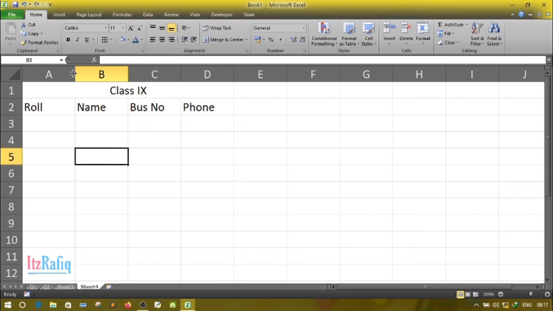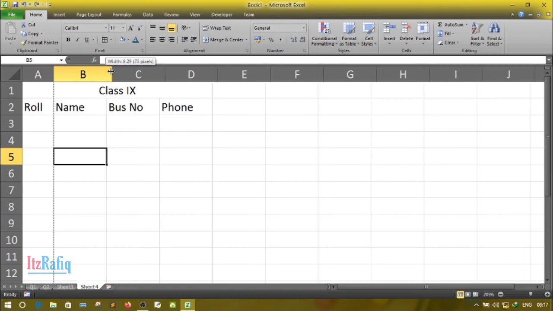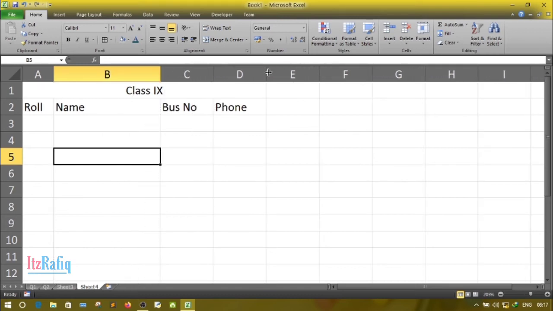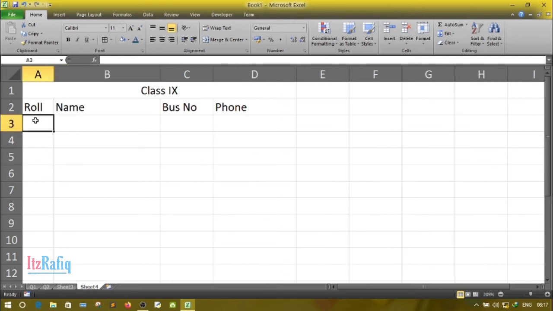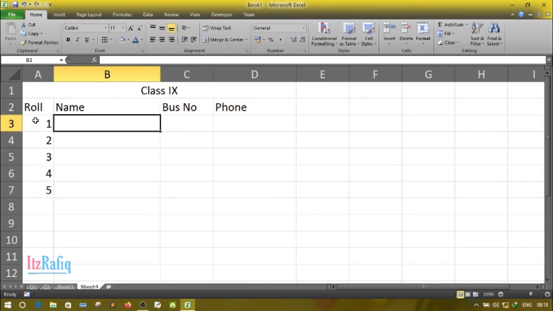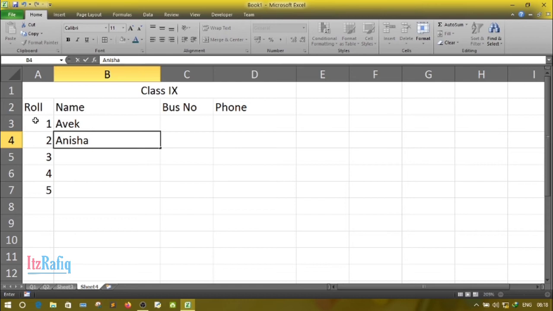Now we don't need the roll number column too wide, so we'll make it a little smaller. Name column will need to be a little wide, so we'll make it bigger. Phone number also will need to be bigger. Now we'll write here roll numbers. Suppose 1, 2, 3, 4, 5, and here the names. Suppose it's Awake, Anisha, Kabita.